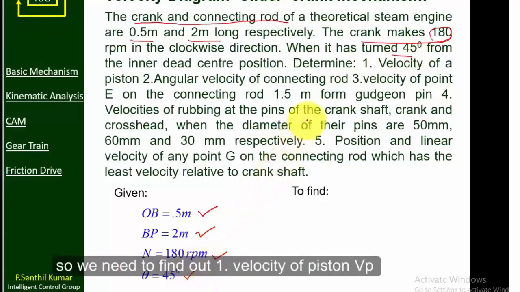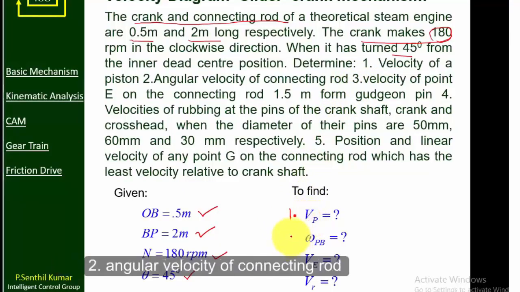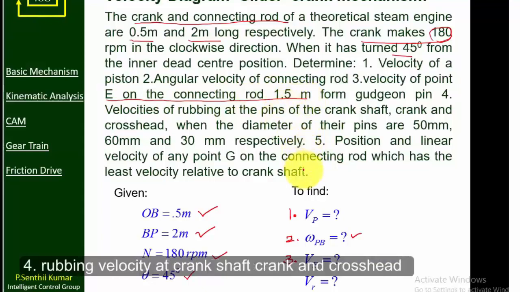We need to find out subdivision 1, velocity of piston Vp. So this is subdivision 1. Then subdivision 2, angular velocity of connecting rod omega BP. Then subdivision 3, velocity of point E on connecting rod. Then subdivision 4,